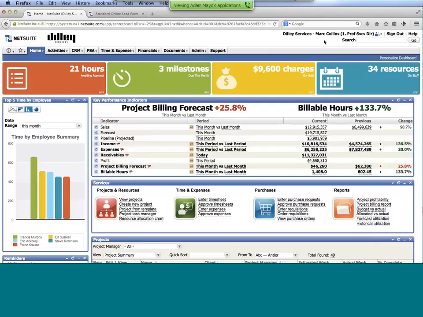And that's controlling some of the menus that I see, which are very much organized for a professional services person. Some of our CRM information, our PSA, Professional Services Automation, where we're managing projects and resources, to some of the more day-to-day types of transactions, entering timesheets, expense reports, and how those move over into financials. But that role could be different depending on who's logging in. So if I were to log in as more of a consultant, I may just have mainly access to my timesheets, my expense reports, perhaps the projects that I'm working on, but nothing else. Whereas if I were to log in as more of a finance person, I'm going to have access to the GL transactions and reporting and things of that nature.